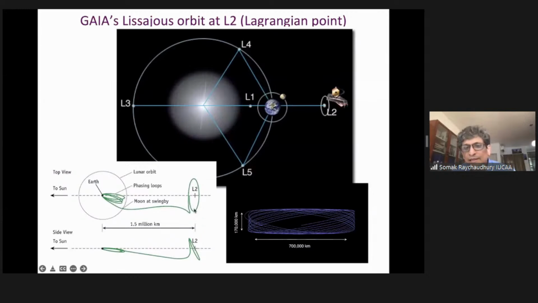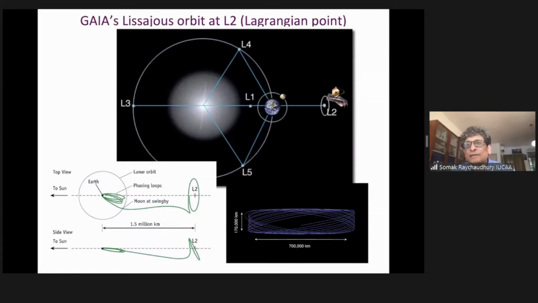But in this case, it doesn't have a regular orbit. It's got this very complicated Lissajous orbit, because it just gives you a very large number of baselines to play around with in order to do parallax. Okay. So that's the idea. It is true that L2 is not a stable Lagrangian point. L1 is, but